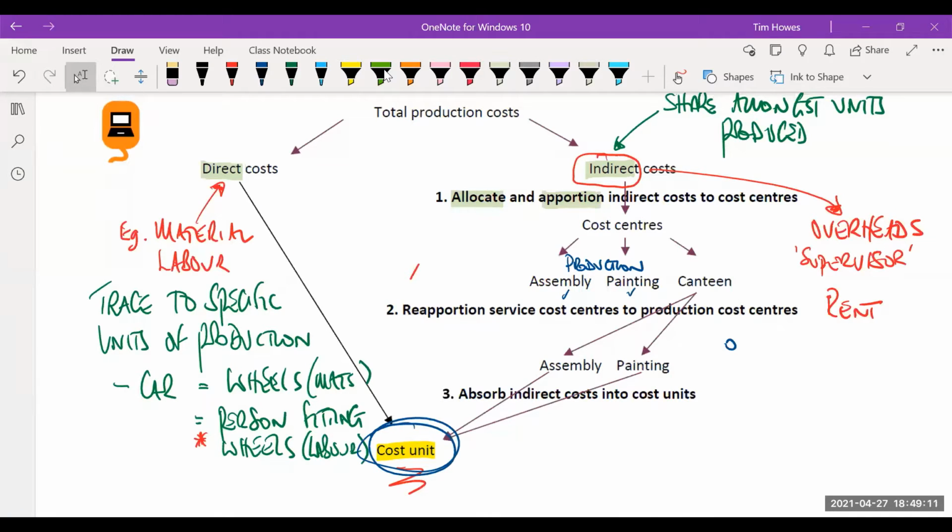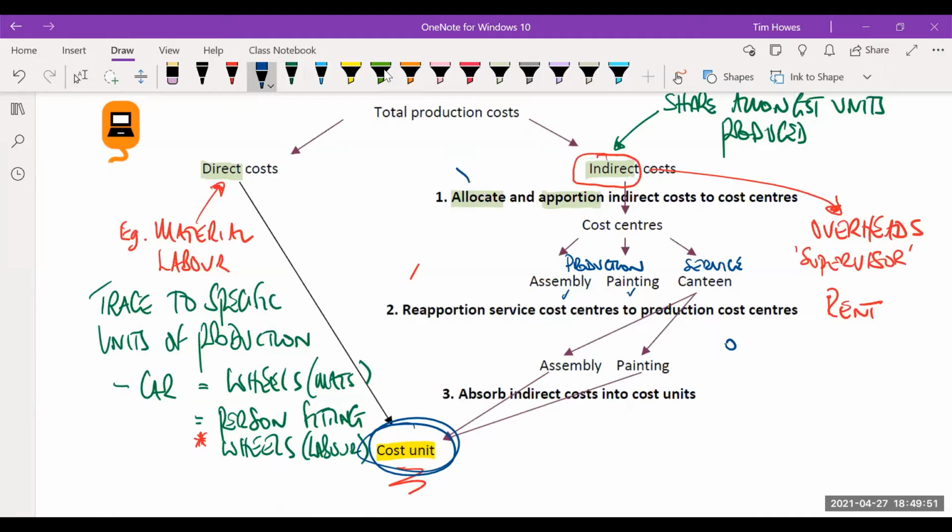But this car that we're producing does not go into the canteen. The people that do the work go into the canteen, so there's more cost associated with this. We tend to refer to these as service centres. You might see a lot more, not just the canteen, things like a maintenance department, a stores department. The output doesn't go through the maintenance department, but it has a function that helps maintain the equipment in the assembly room or the painting machinery or whatever it happens to be. Great, superb.